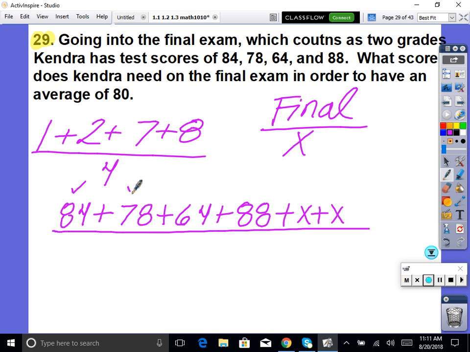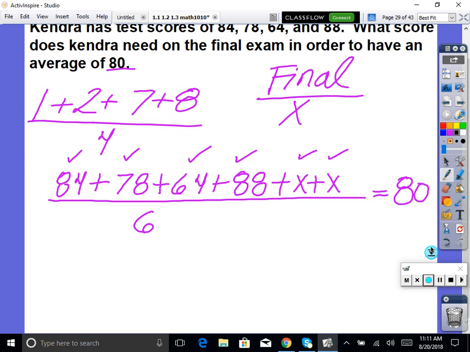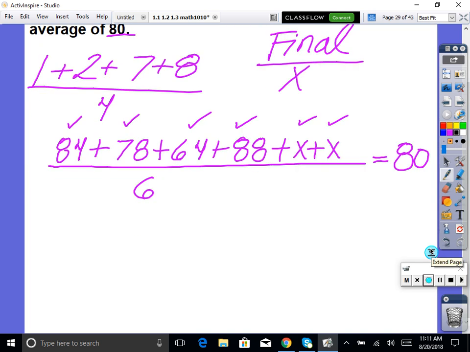Because then she knows what her test score grades are, like what the grade is going to come out to. So solve for x. So what would I do first? Okay. Yes? Okay, I like it. So somebody grab your calculator for me. I need some of you to do this. Add up that plus that plus that plus